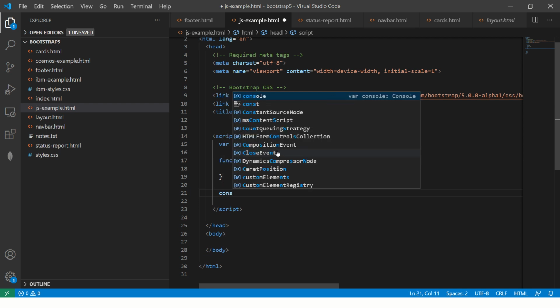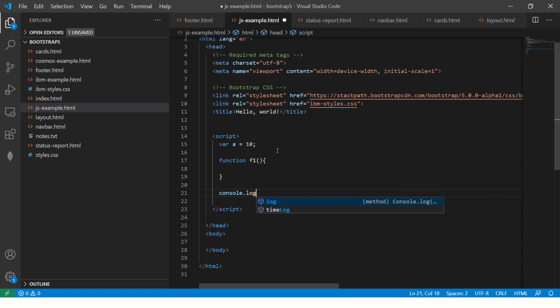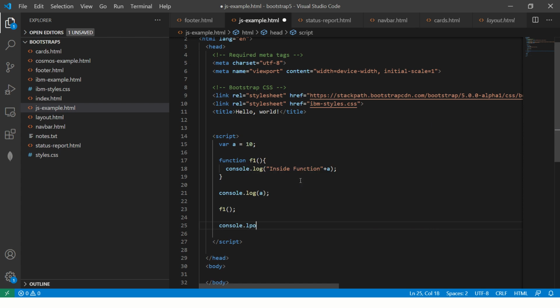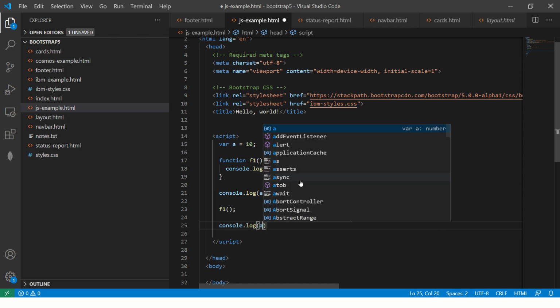Now let's throw in a console.log and put the a. Similarly, inside the function, just put a console.log and say "inside function" plus a. All right, and we are going to call the function here, and then call one more console.log after the method.